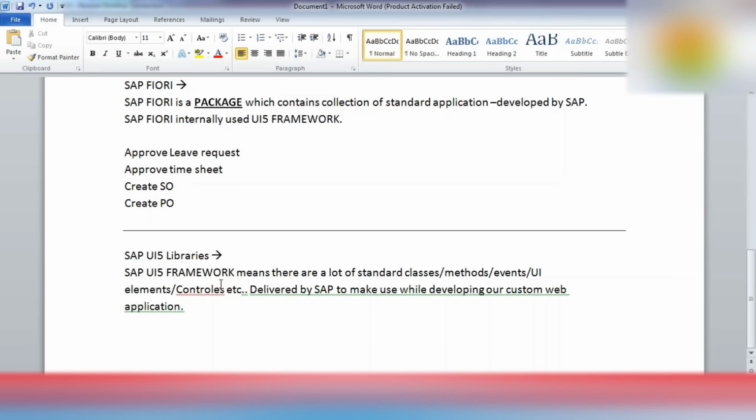So all the standard things are provided by SAP. We will be using them in a certain way so that we can accomplish our requirement. That is the main thing.